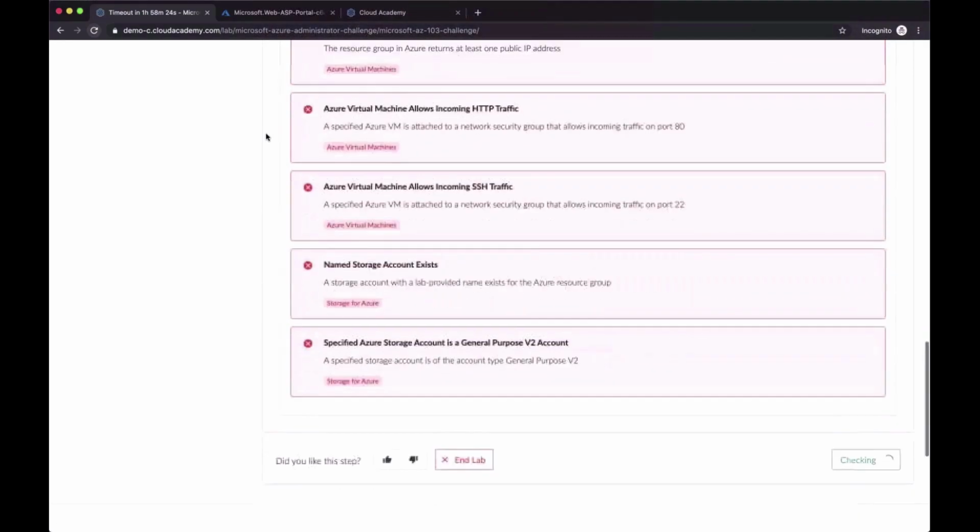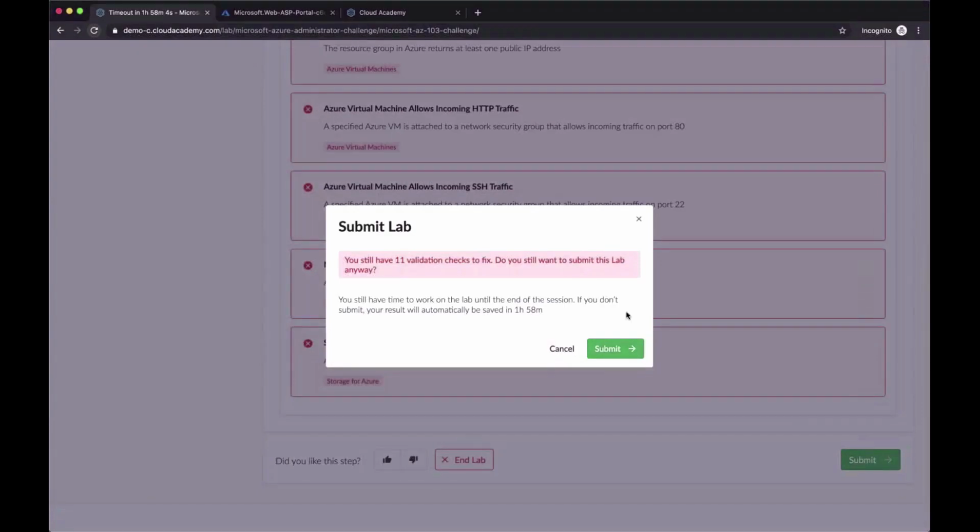So here, again, as we saw with the guided lab, I didn't do anything in the actualizer portal, so all of the validation checks have failed. So I'll just leave it at that for now. If I had actually completed the challenges in the correct way, all of the checks would pass. But I'll submit knowing that I have those validation checks failing, and we'll see again a summary of our changes